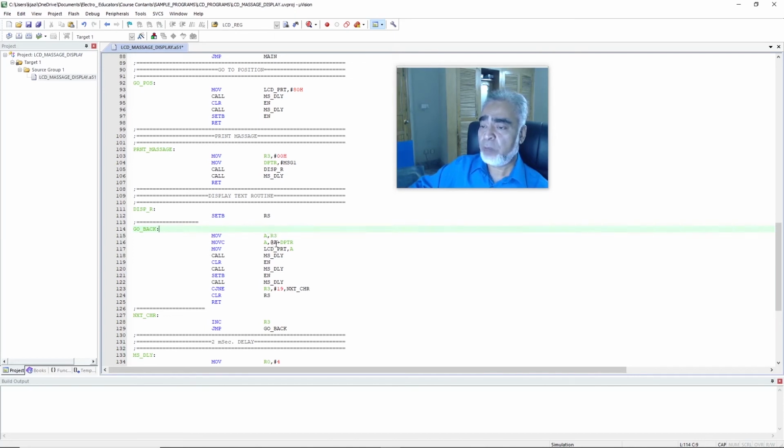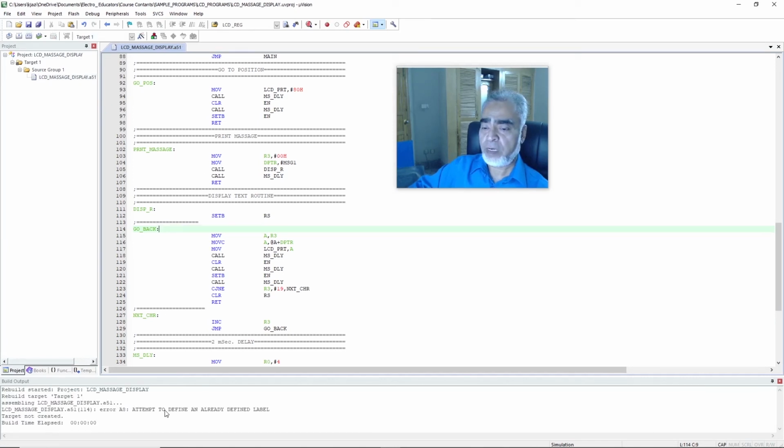Now the number 1 will be added to the data pointer, and the second character from message 1 will be moved to the accumulator, and here we will place the second character on the LCD port, and we will repeat this procedure 20 times, that is from 0 to 19, until all the characters are printed to the row. And here we have selected the row address, that is 80H, and now we'll compile our program and we'll check the result of our program on Proteus software.